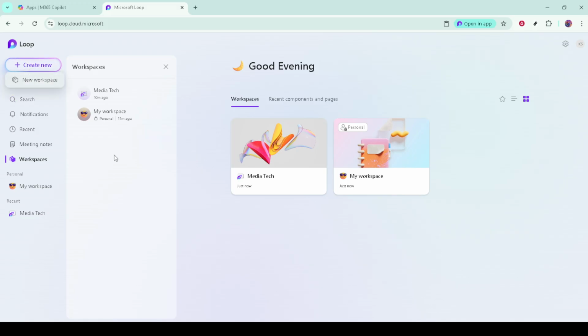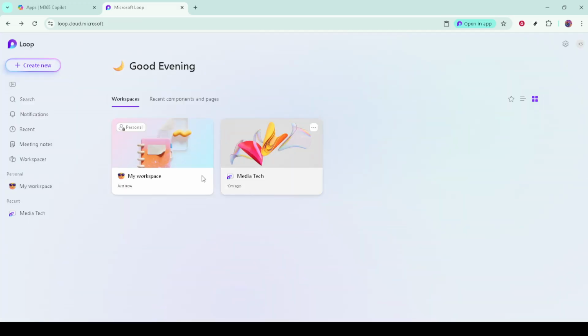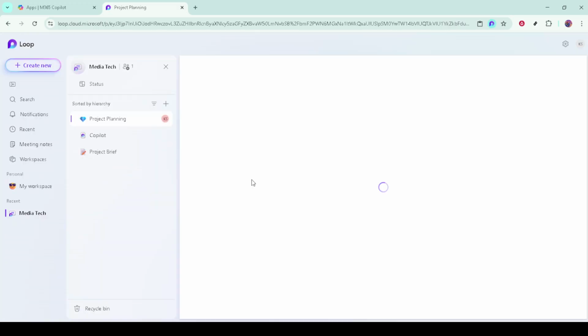Next, create a workspace. A workspace is your project's container. It keeps related pages, links, and files together so nothing gets lost. Give it a clear, searchable name and a short description to set context for collaborators. If you're working with others, double check the sharing or visibility settings now so the right people can see it